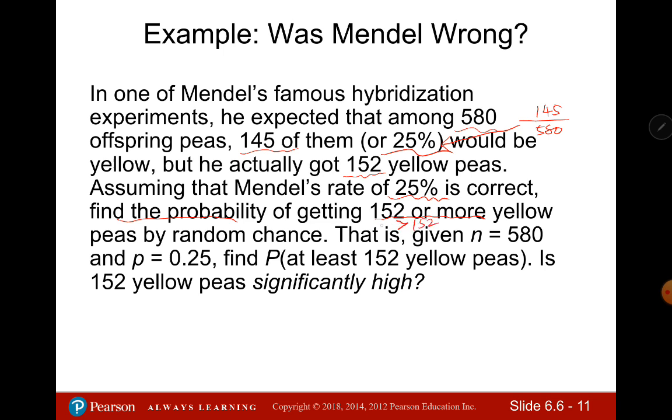So it's the single x value greater than 152. If it's talking about greater than, we are interested in the area cumulative to the right side. And that is, we need to find the probability of x greater than or equal to 152, at least,